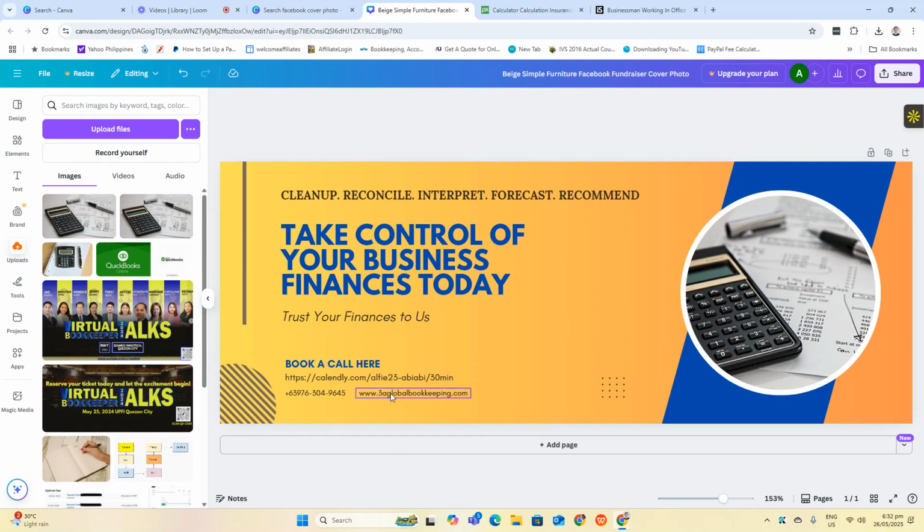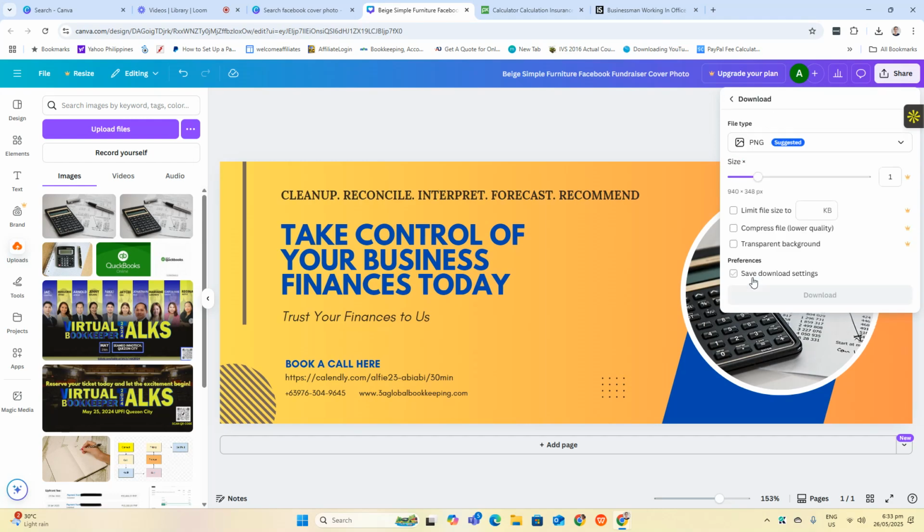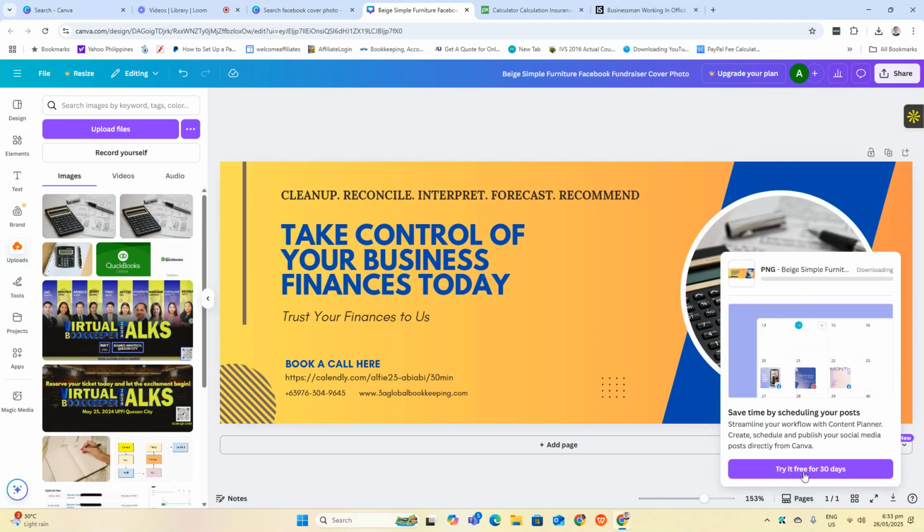Then if you don't have a website yet, you can place your email address. Okay. And your contact number. And then the calendar link. Okay. And then you can download this one. And you are now ready to place this one inside your Facebook page. Okay.